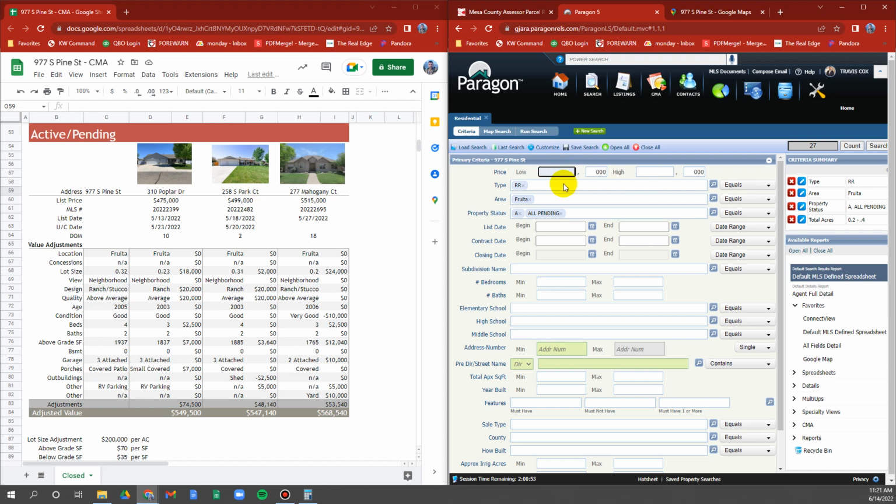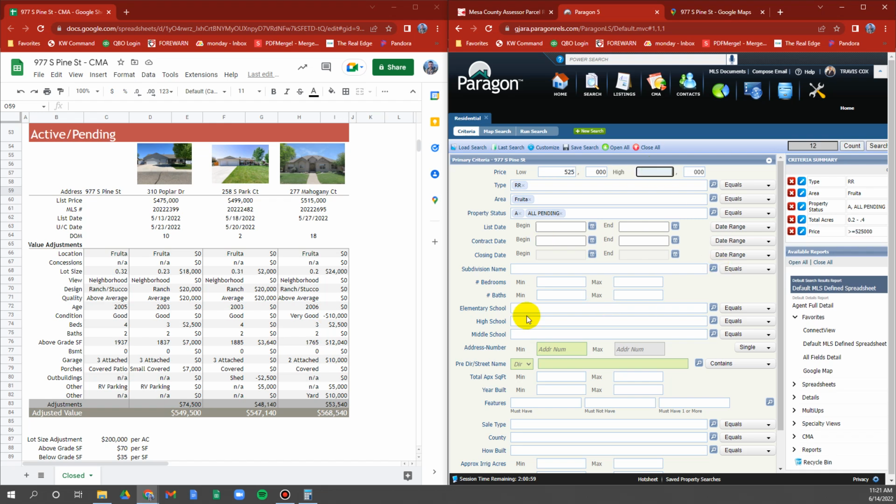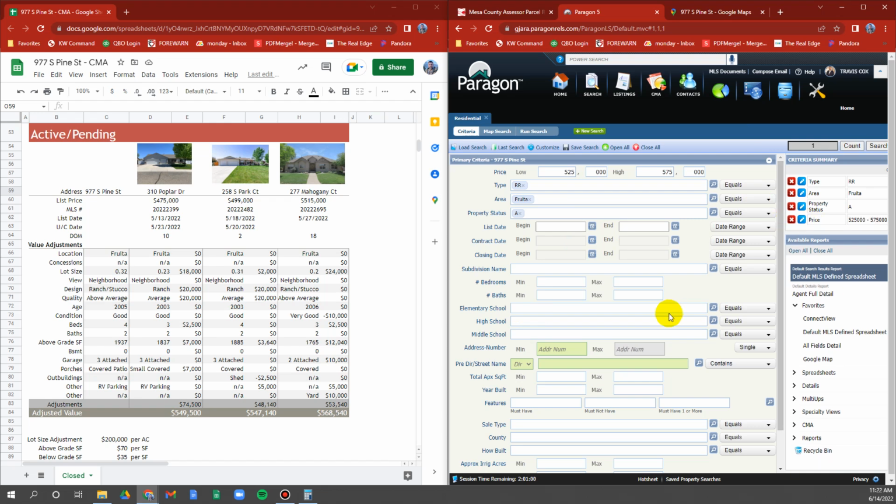500s, which says, okay, well, if someone is out shopping between, let's say, 525 and 575 in Fruta, what properties can they buy? There's one property. Let's just go up to 600 on this. Look at that. If someone is out shopping in Fruta, there are two properties they can buy between 525 and 600. That's active. Now let's assume that we may have to compete with the under contracts because they may come